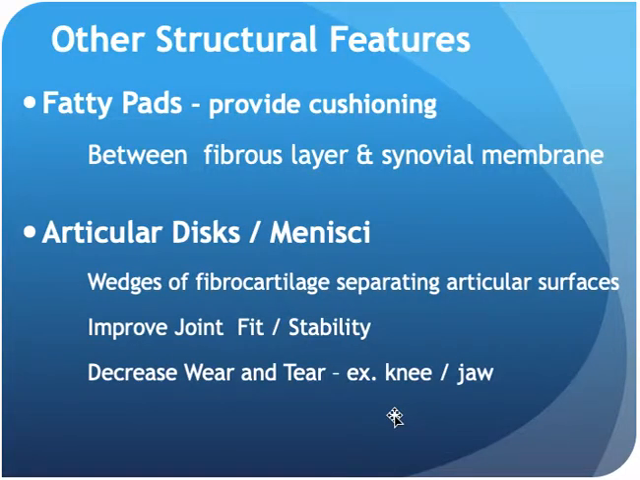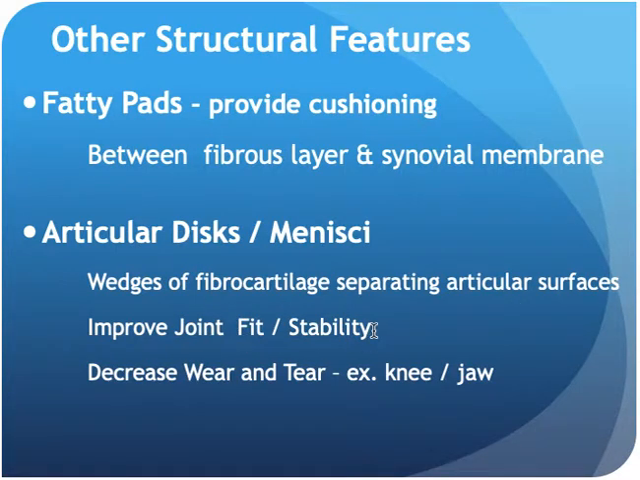So other structural features that you'll hear about and you'll see, you're going to have fatty pads. They're going to provide cushioning between the fibrous layers and the synovial membrane. You're also going to have articular discs or meniscus. A lot of us have heard about tearing your meniscus. These are wedges of fibrocartilage, and they're going to separate articular surfaces. And these ones are just an extra layer of protection, and they're going to help to improve our joint fit